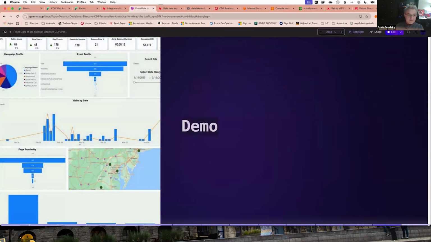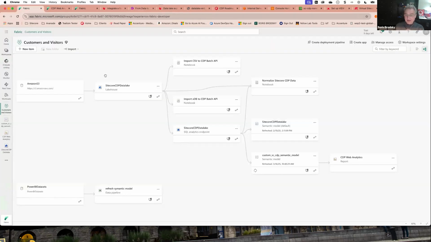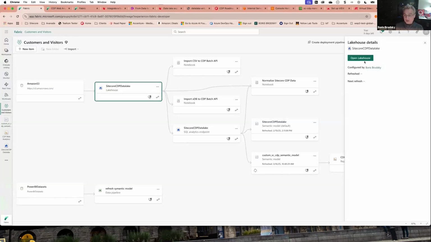Perfect. So if not, we're going to look at Fabric. So this is really the brains of this operation. So this is our S3 bucket. Sitecore data is right here. So we have our data lake, which